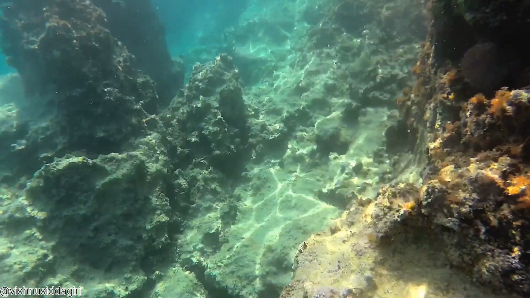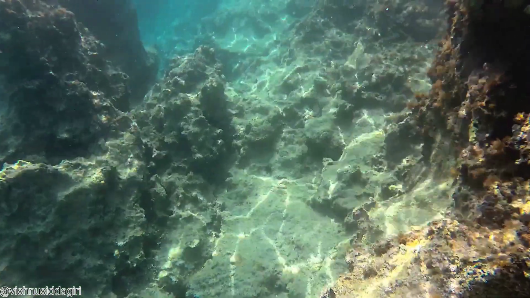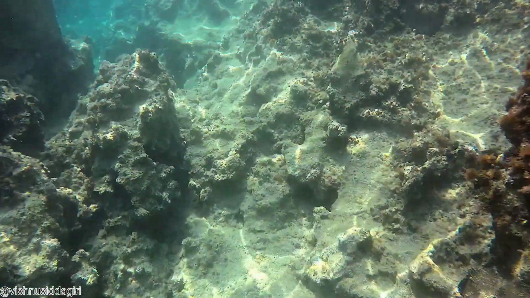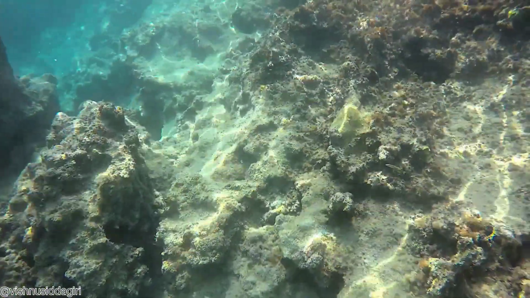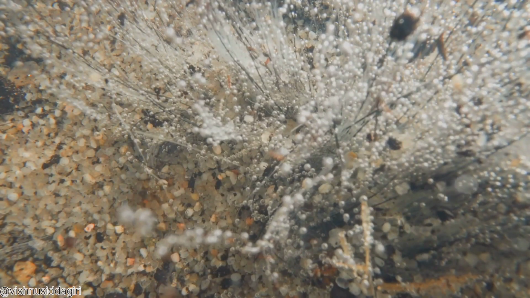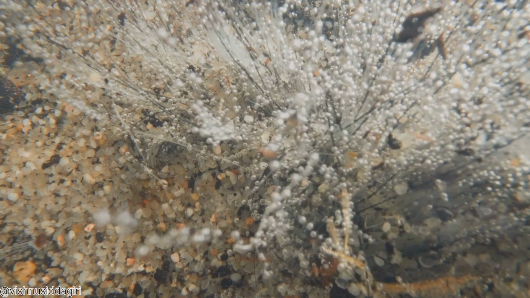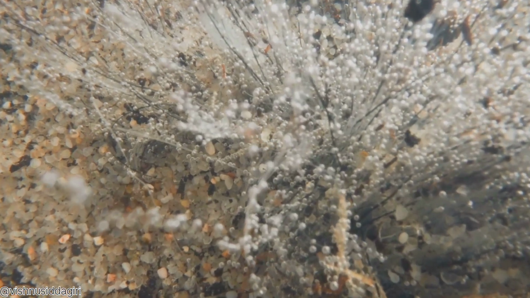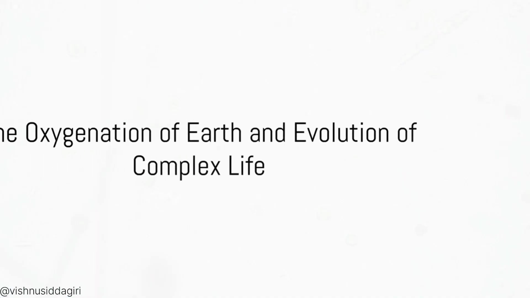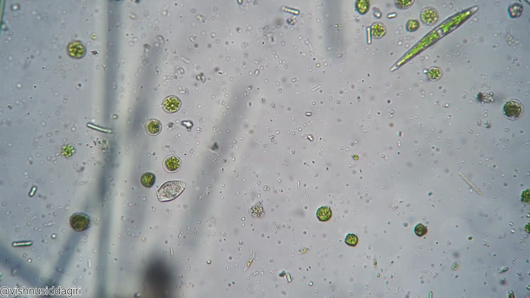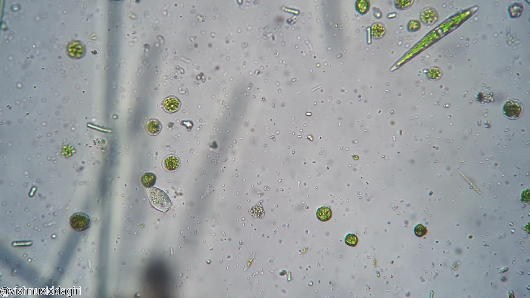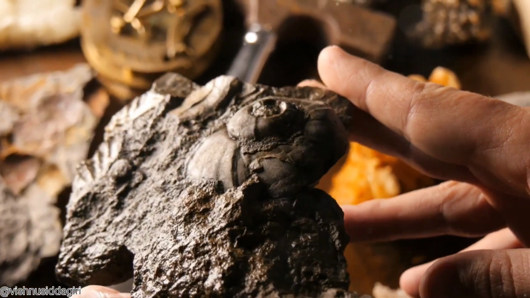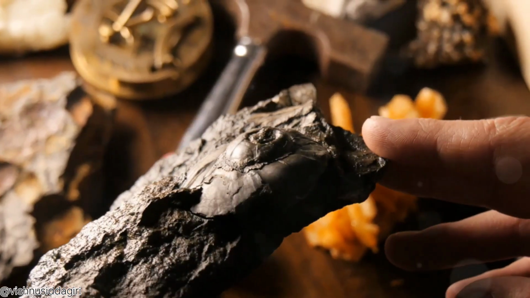It was in these primordial waters that the process of photosynthesis first evolved, sometime between 2,500 to 3,000 million years ago. Through photosynthesis, tiny oceanic organisms began to produce oxygen, gradually saturating the oceans with this vital gas. By 2,000 million years ago, the oceans were brimming with oxygen, which began to flood into the atmosphere. This oxygen-rich environment allowed for the evolution of more complex life forms, setting the stage for the incredible diversity of